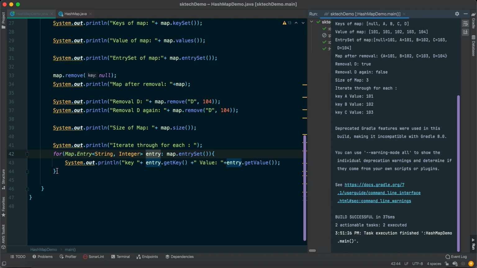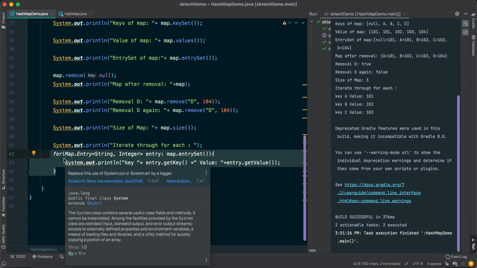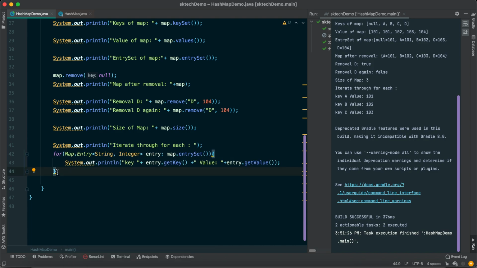So this is the simplest way to iterate any map using the for loop method, or you can say the for each method. Apart from the for each method, from Java 8 onward, there is a stream API, and using the stream API also we will be able to iterate either through the keys or through the values. Basically this for each requires a list of elements, so either from the entry set, the key set, or the values. Any of these methods we can use to iterate it.